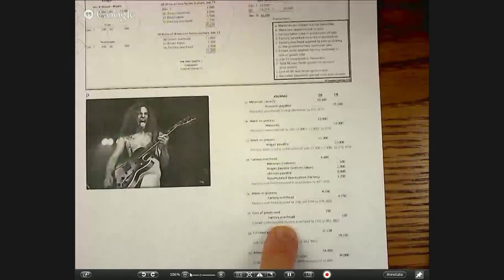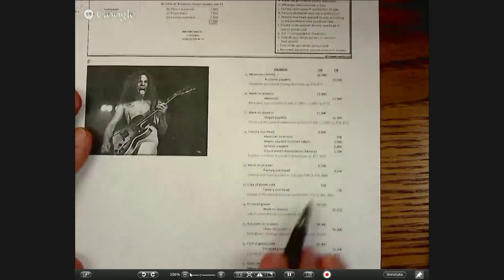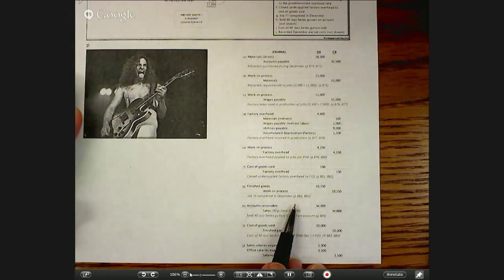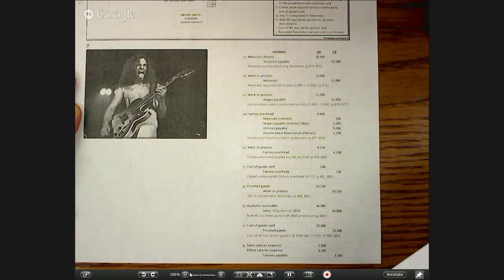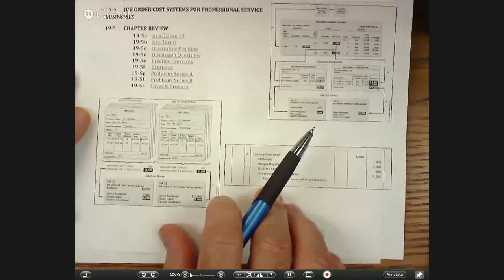Transaction F, which is on page 881, I'm sorry, that was transaction F. Transaction G, which is on page 881, we're told that job 71 is fully complete and we want to take its total costs to finished goods. Now, how do we know the total costs in job number 71? Well, these total costs are going to come from the job cost sheet, and the job cost sheet for job 71 would be the total of the